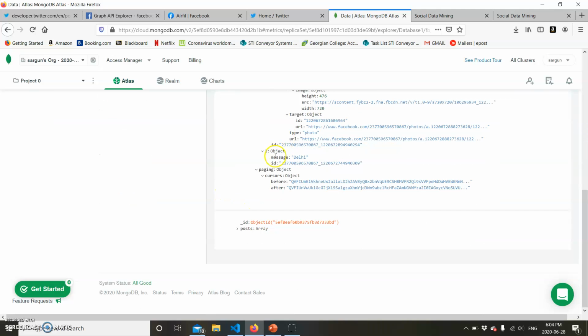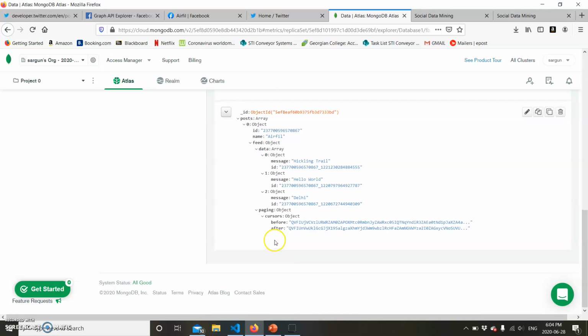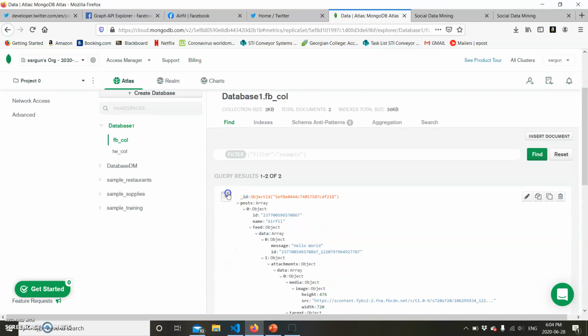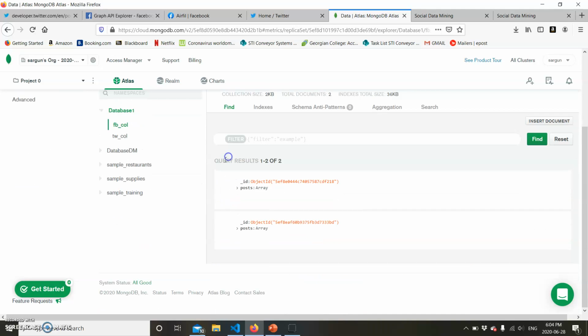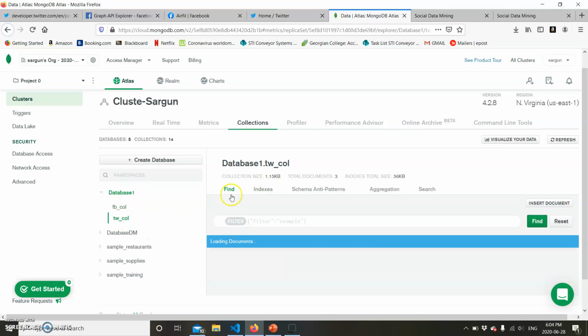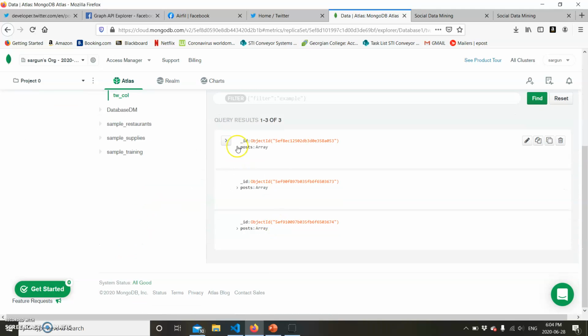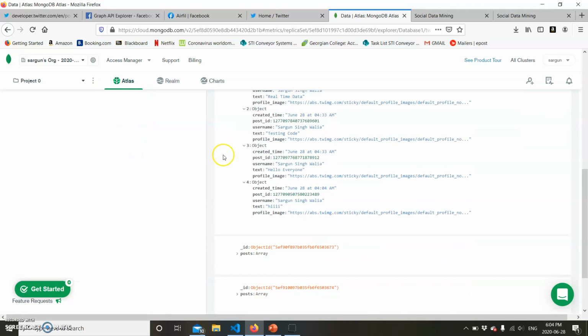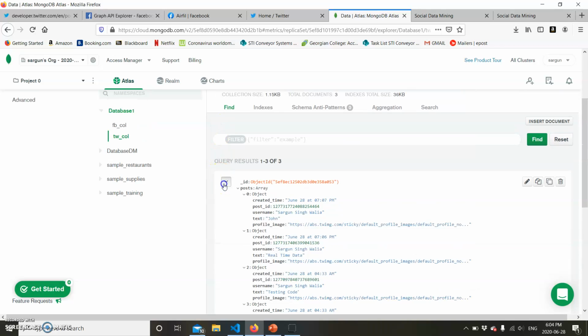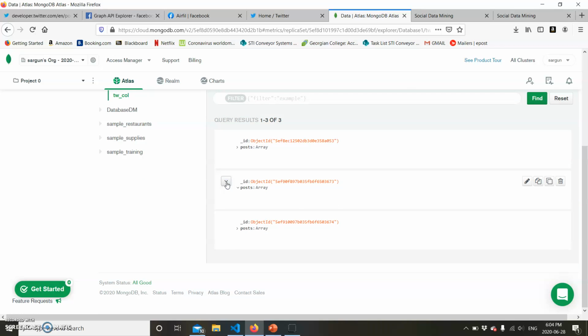We can see all the data that has been fetched over here, the previous and the new data. This is the Twitter data that we have. Yeah, this is the entire data. Similarly, this one is empty. I guess it's stored in all of this.